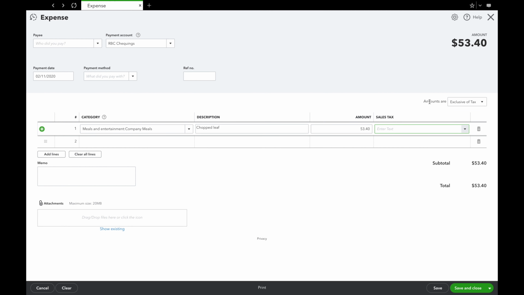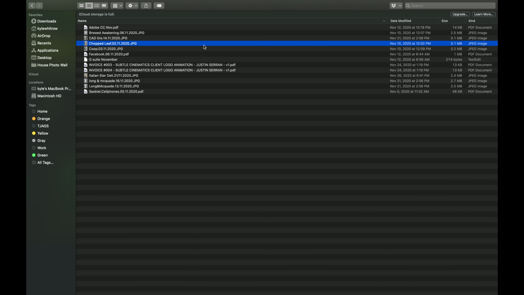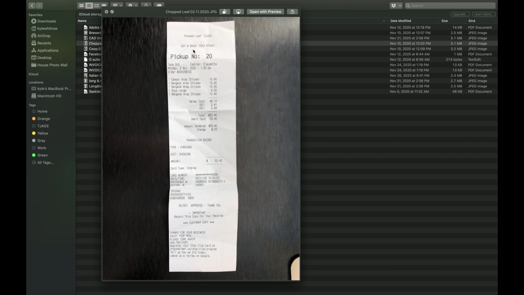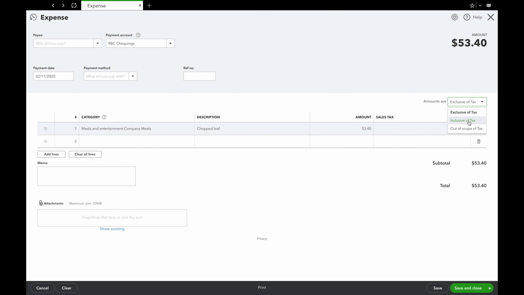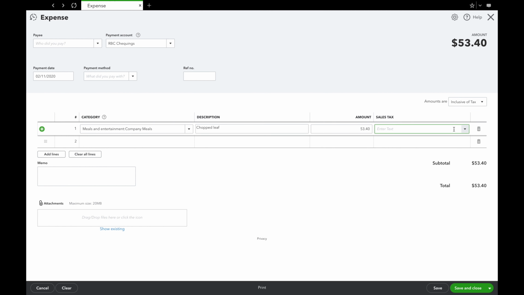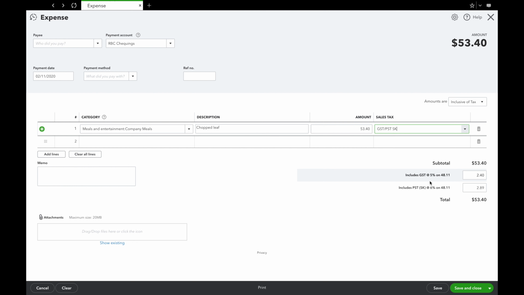Up here, we see amounts are exclusive of tax. Because I took the total, as you can see here, I took the total of $53.40. That total actually includes the GST and PST, as you can see right here. So what we will do is we will select inclusive of tax. And then from there, we'll select our sales tax, both GST and PST of 11%. As you can see here, it's automatically going to generate what we spent for GST and PST on this meal